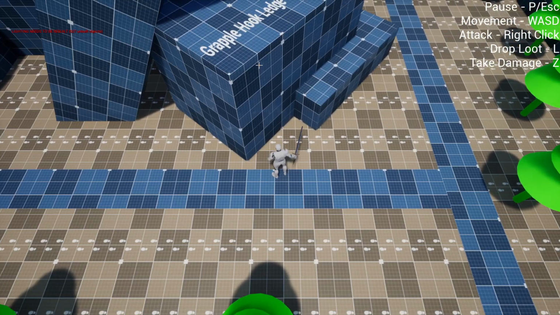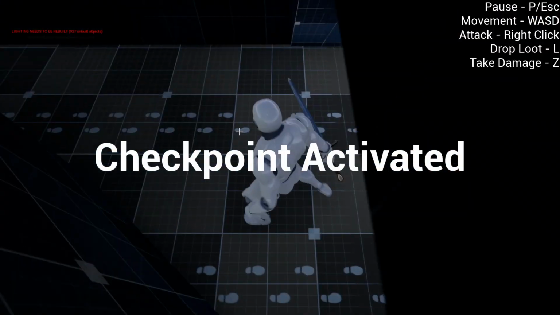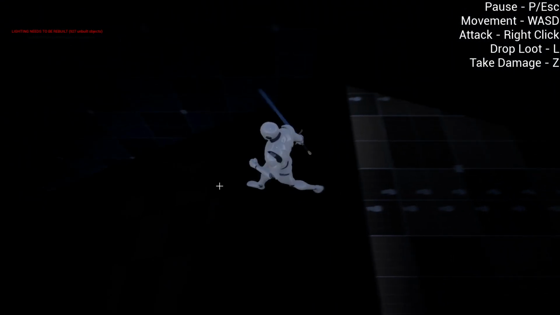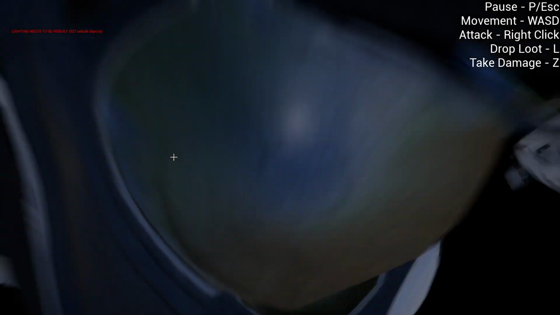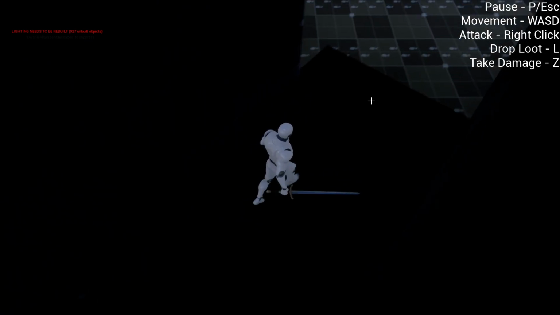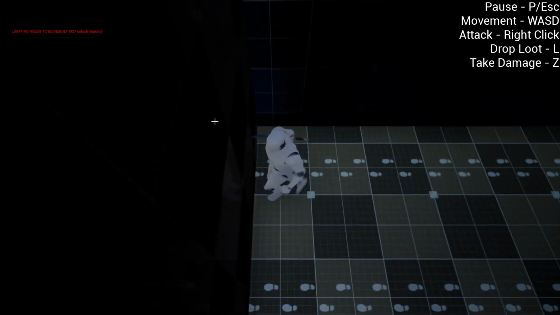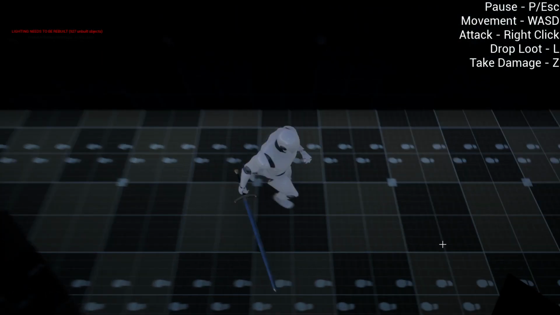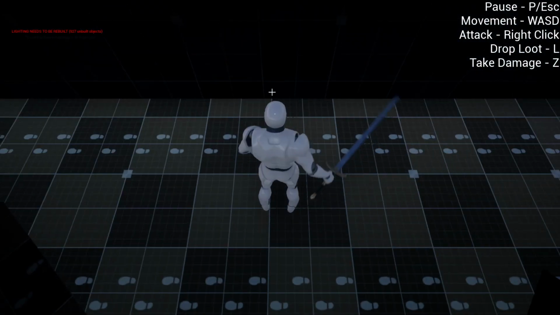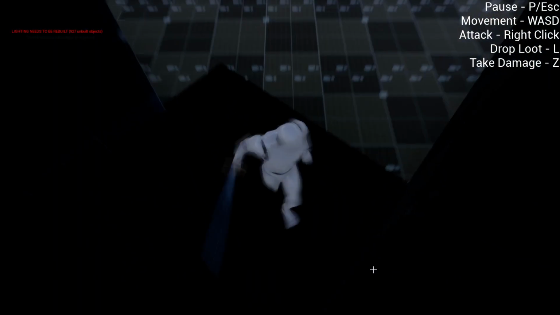Grapple hook. I want a grapple hook. Cave here. Okay. Fight some bad guys. Where am I? Oh boy. Okay. Nope. Dead end. Okay. Well, I'm assuming at the end of this cave there might be a boss or something eventually, but ooh, how do I get out now? Okay,